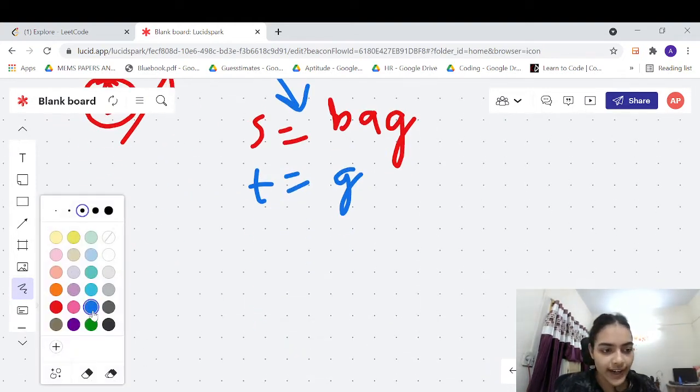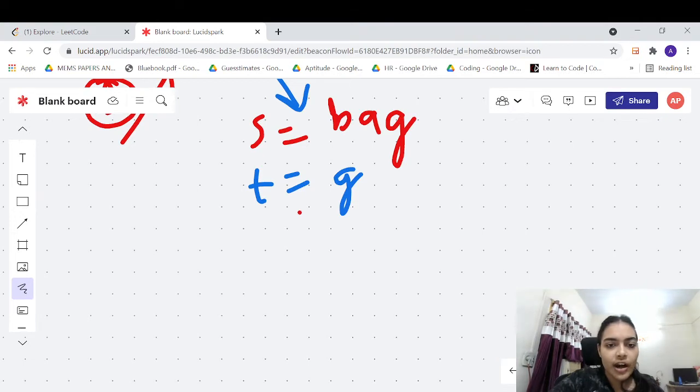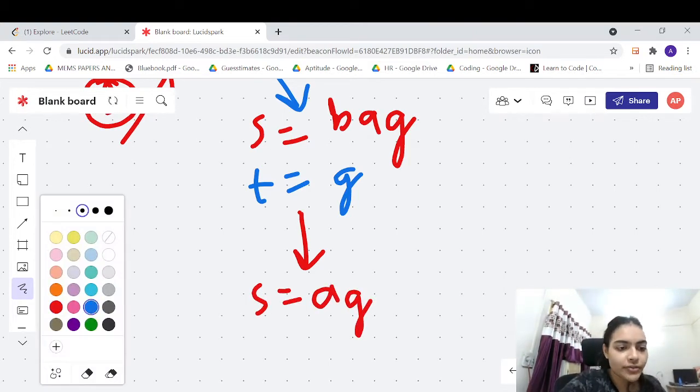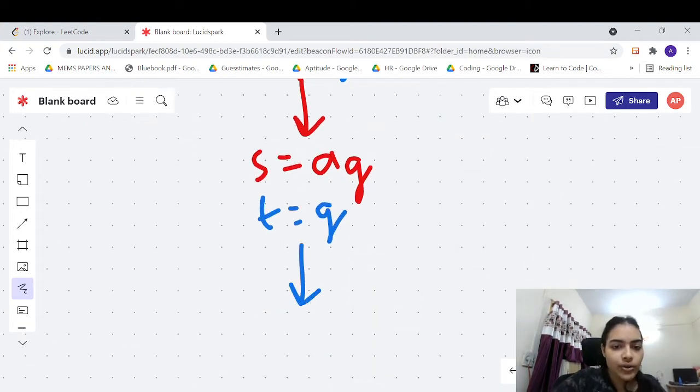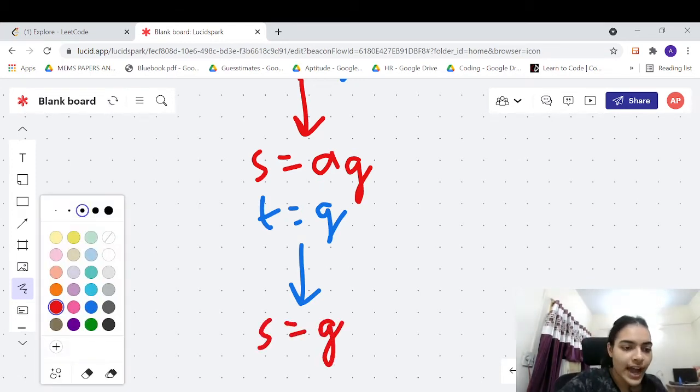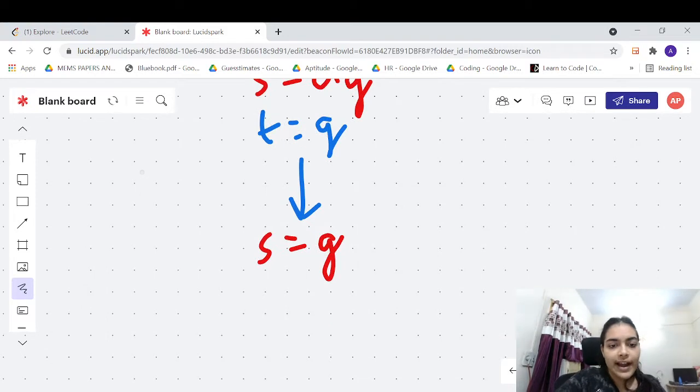So let's go ahead and try to complete this recursion tree. Now in this case, you have only one choice because B and G don't match. So you cannot try to eliminate G here. You will try to form G from the remaining characters, right? So let's go forward. Now again, you have only one choice in this particular case because A and G don't match. So your I moves forward and J remains as such.